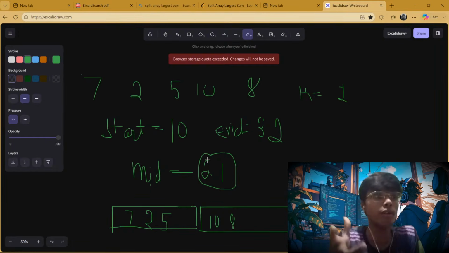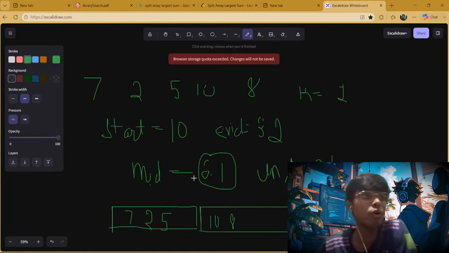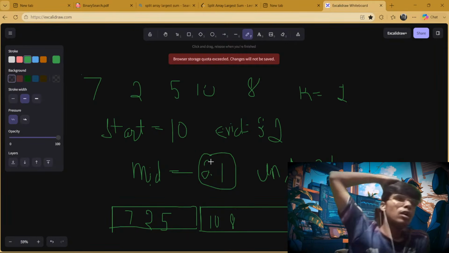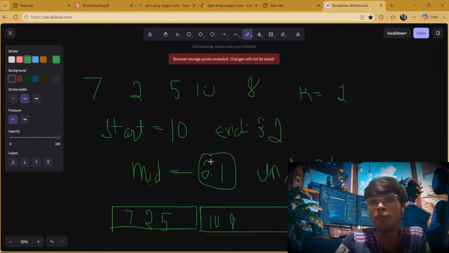Right? That's what you have to do. So we will store it as an answer, and the answer will be 21. What I observe here is that if I get the capacity of 21, then on capacity 21, I will hold all the elements in two subarrays. It means that from 22 till 32, if I consider this capacity,